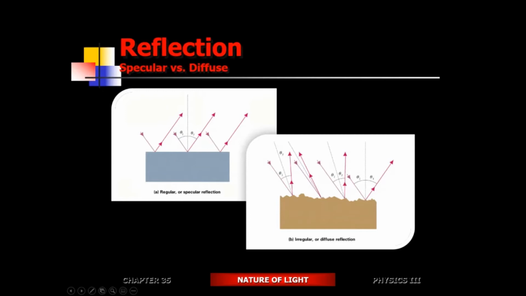And then you have irregular reflection, which is the sort of reflection that you get from surfaces which are not smooth. You see the surface, but you don't see your reflection. That's what it means. Regardless of whether it's regular or irregular reflection, the angle of incidence and the angle of reflection are always going to be equal to each other. Except the incoming ray, coming in this direction, is going to get reflected in a different direction. So which means that you're not going to be able to see the reflected image. Instead, you're going to see the object itself.